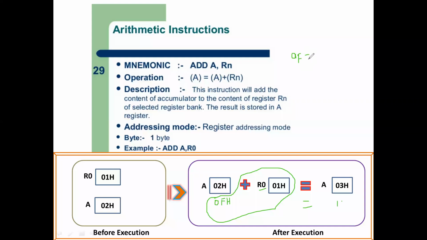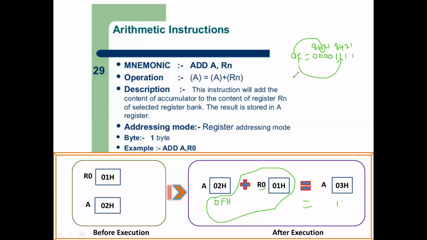What is 0F in hexa form? You split it into 8 bits. So the most significant 4 bits are 0, 0, 0, 0. And for F, what is the value? 15. But in binary form, as 4 bits, we write 8421, the 4-bit BCD form. So for F, all 1s will be there, and for 0, all 0s.